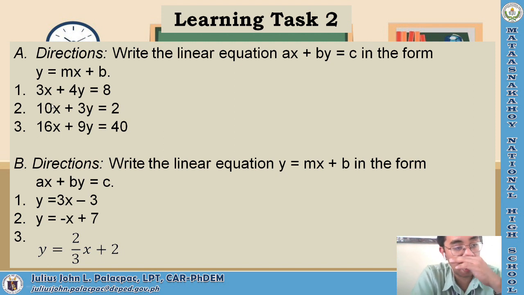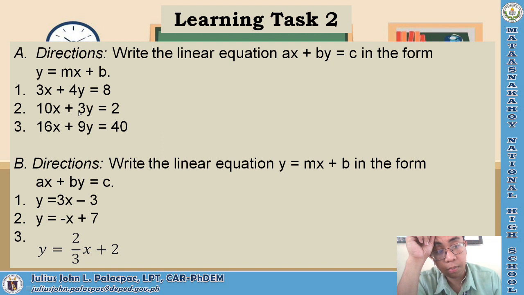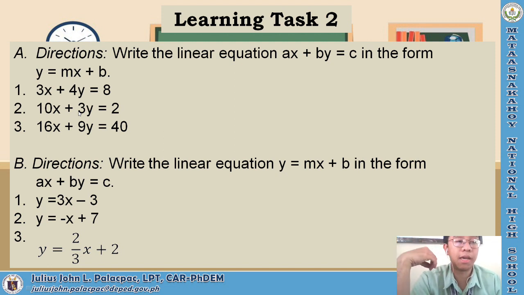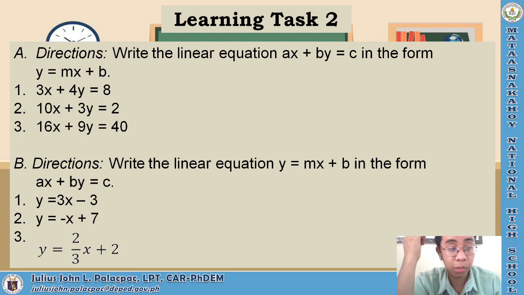Then number 2, we have here 10x plus 3y is equal to 2. So eliminate 10x on the left side. We'll add -10x to both sides. So we have 3y is equal to -10x plus 2. And then we'll eliminate 3 by multiplying both sides by its reciprocal. So 3 times 1/3,